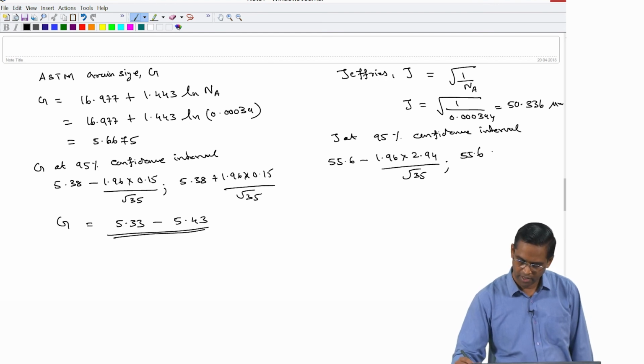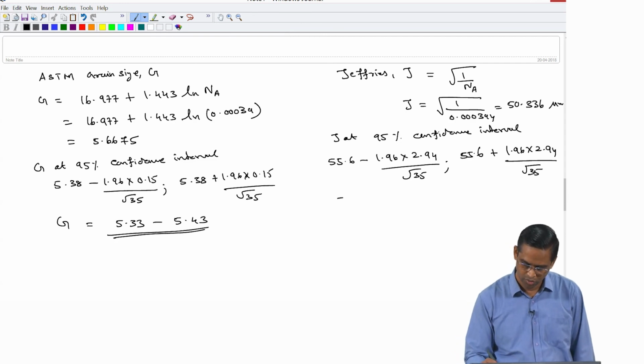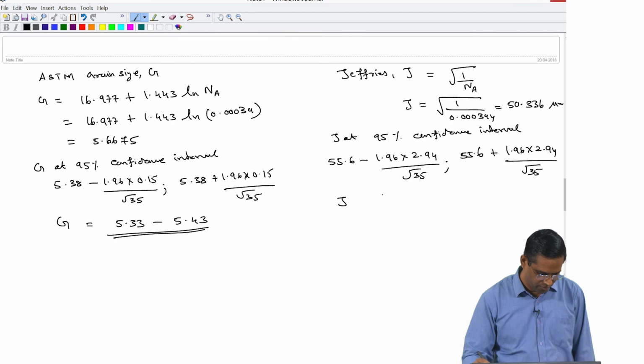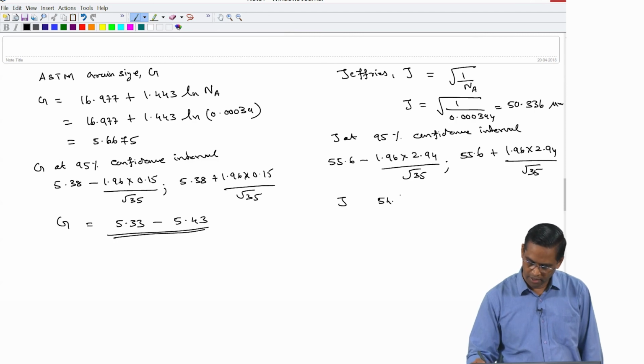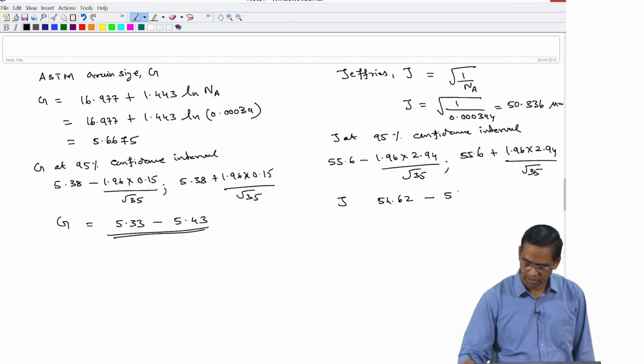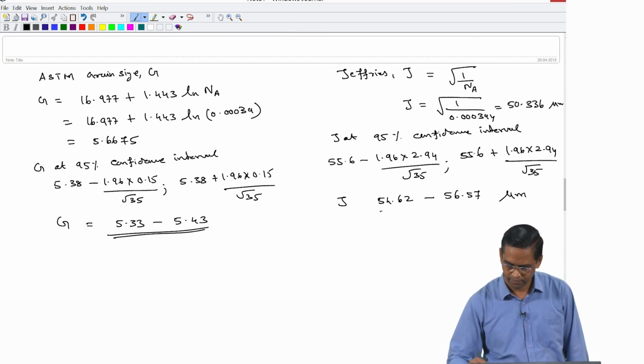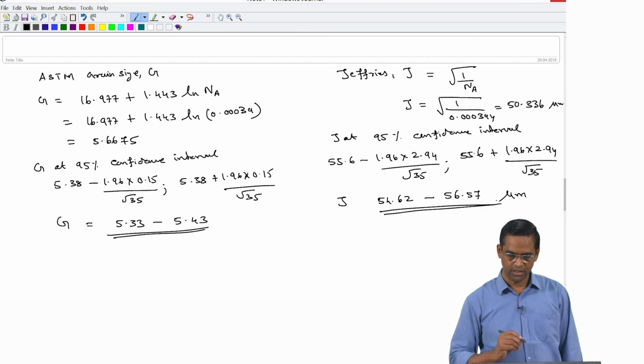This is an average plus 1.96 into 2.94 divided by square root of 35. So, which comes to in the range of 54.62 and 56.57 micrometer. So, this is how the